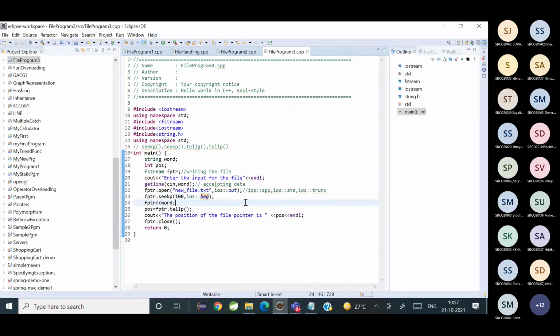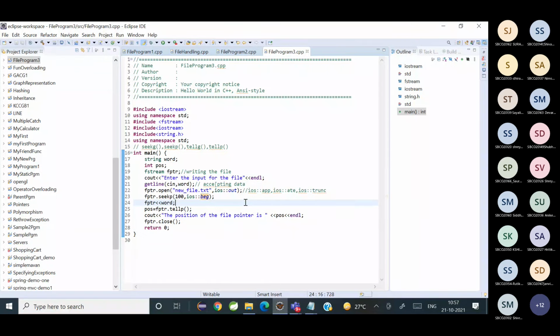Okay. So now can you tell me the difference between seek and tell? I mean, in seek we put the pointer at a particular position, and in tell we get the position of the pointer.